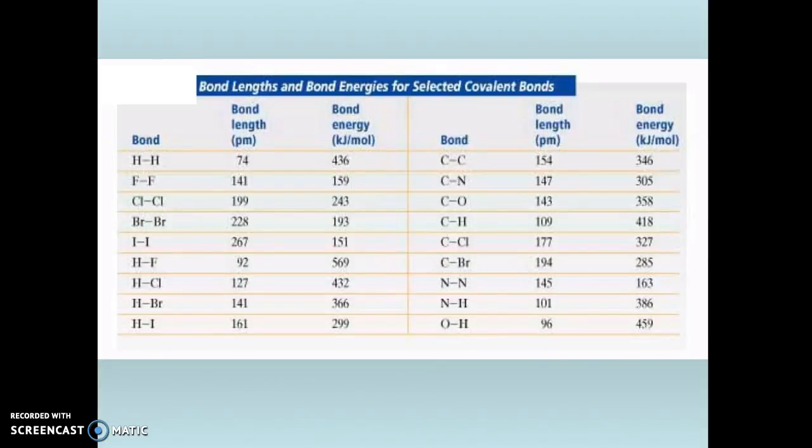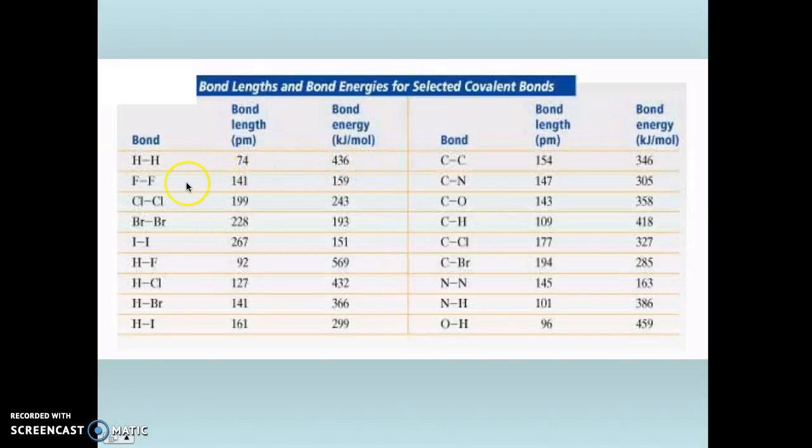So we get something like this, and you are not going to have to memorize bond energies and bond lengths or anything like that, but you do want to know the general idea that they have an inverse relationship. So if you look at H bonded to H, hydrogen is the smallest atom in the universe. So it is a very small nuclei, a very small difference between those 2 things being bonded together. Now they have a pretty short bond length, 74 picometers, now that gives you a very high bond energy, 436